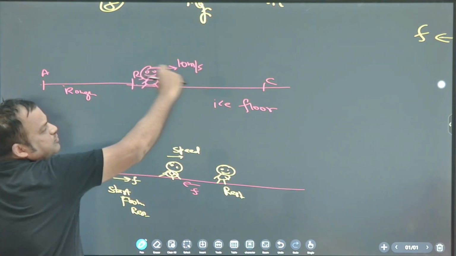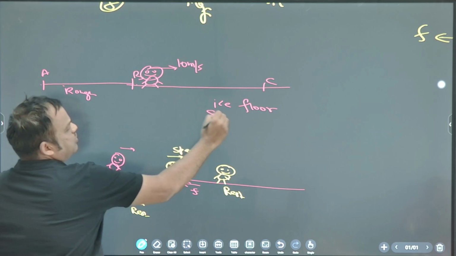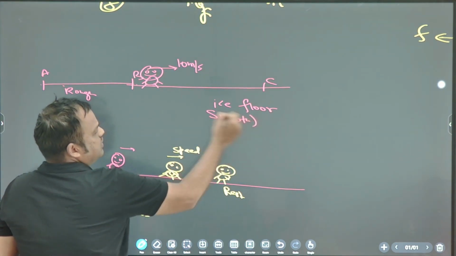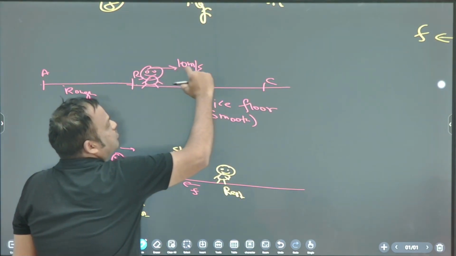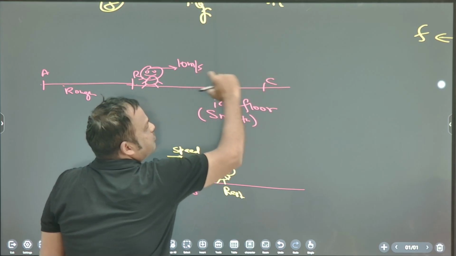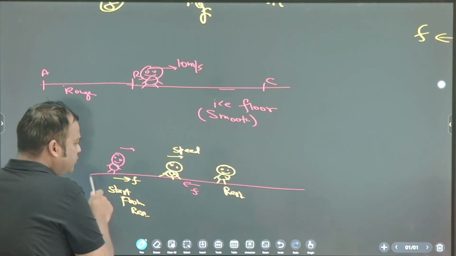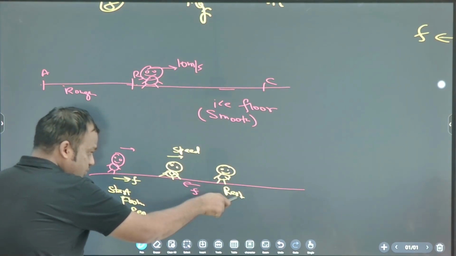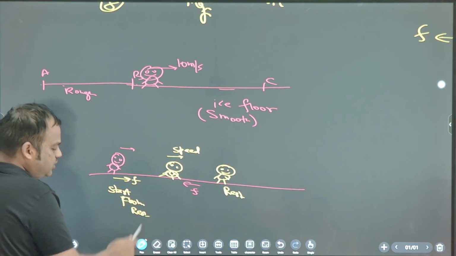Now, can you stop here on the ice floor? No, because ice floor is smooth. So you will maintain your speed. You cannot stop. You will slip. Understood? You will slide. So to start running and to come to rest, in both cases friction